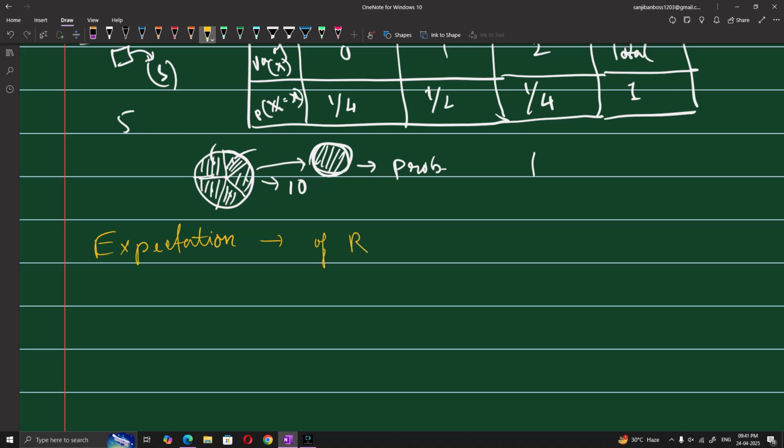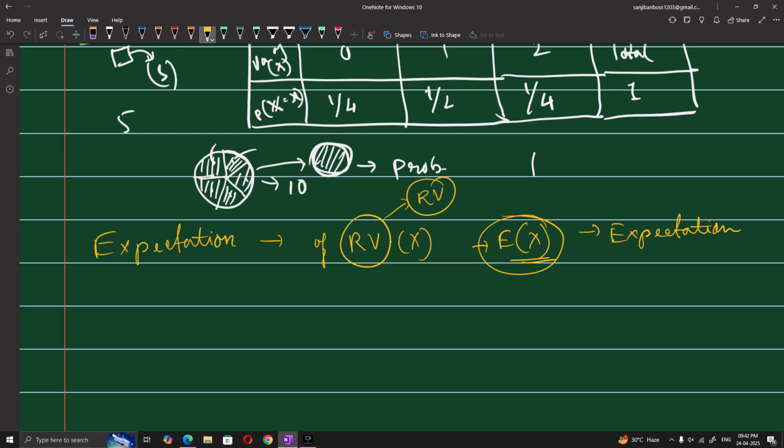Of a random variable X, we can use this short form for random variable. What is this? This is expectation. The expectation of random variable X is denoted by E(X), or mu with subscript X,